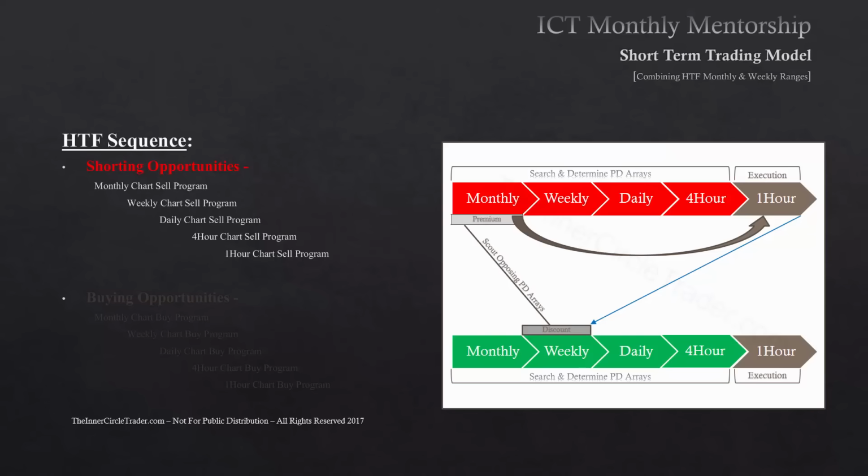You drop down to a weekly. What's the weekly premium arrays? There may be one it trades up to later on. Or a daily chart. It may trade up into a daily premium array. Or a 4-hour. One of those 4 time frames is going to give you a setup based on the fact that the monthly premium is overbought. We most likely are going to trade lower, and we're going to be looking for a lesser time frame discount